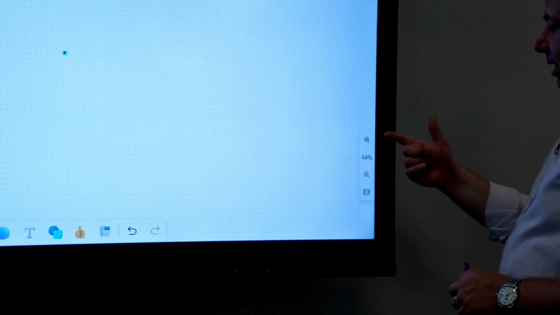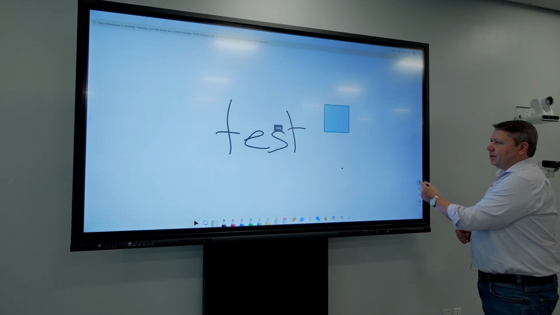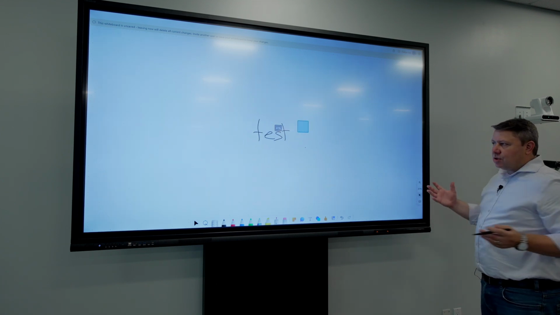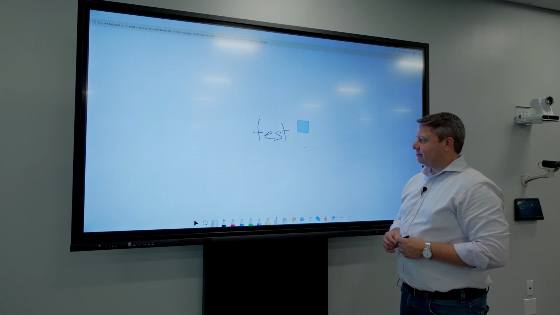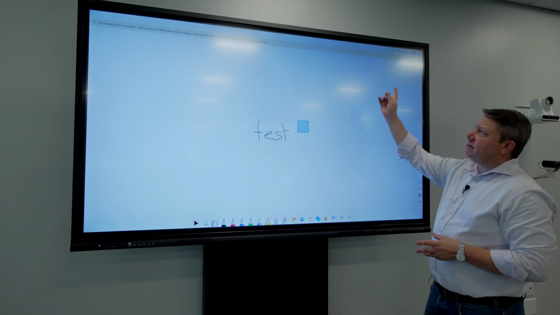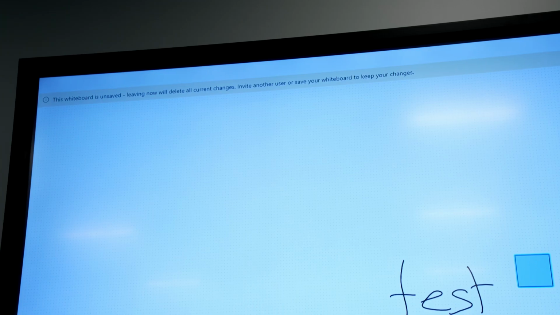One thing to notice here on the right-hand side is you have the ability to zoom in and zoom out. And so by doing that, you can kind of see that the whiteboard is almost infinite. And so a lot of content can be created on this kind of platform. I'm going to talk about one thing. You're going to notice here at the top of the screen, it says that the whiteboard is currently unsaved, and